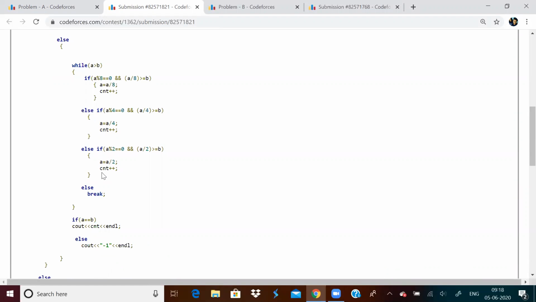Basically, in this while loop, I am every time checking whether A is divisible by 8. If it is, I will divide it by 8. And one more condition, if A by 8 is greater than B, then only I will do this. Basically, what is the intention? For example, I'll just tell you.